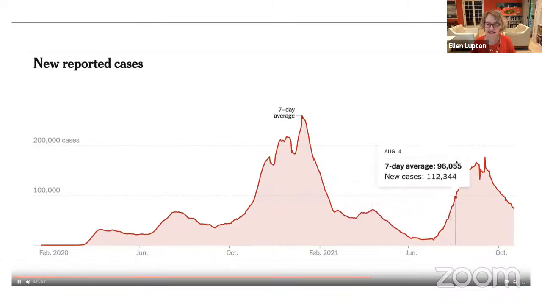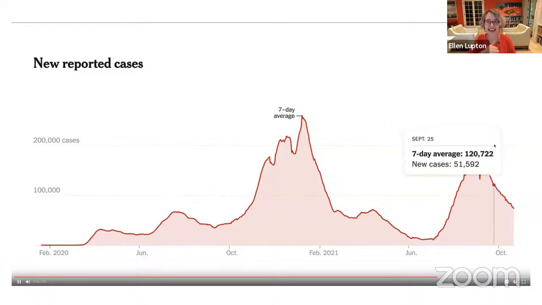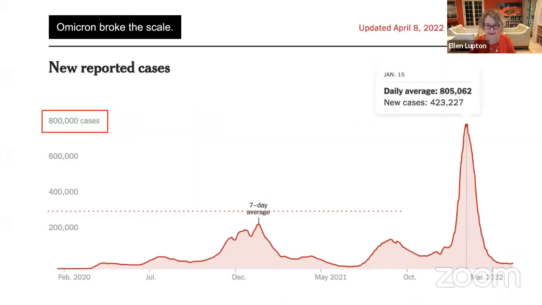And these interactive graphics are amazing, that you can go back through history and actually see what these numbers were week after week over the course of the pandemic. In 2022, we have Omicron, which is hugely more cases than at that height in 2021.